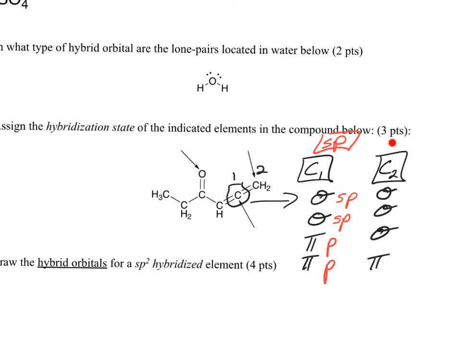All right, let's do this next one. C2, what's the hybridization state of C2? How many pi bonds does it have? 1 pi bond. So it must have sp2, so it has 1 p orbital, and everything else